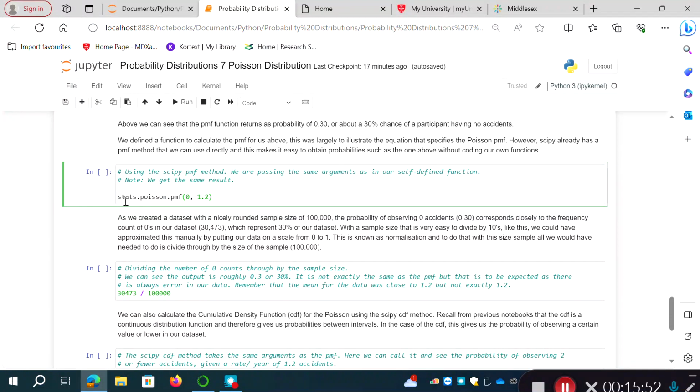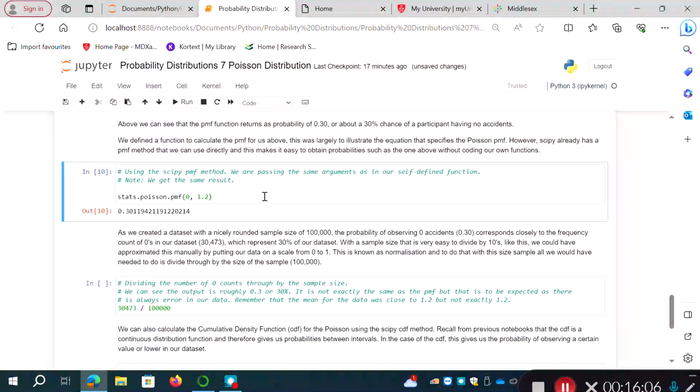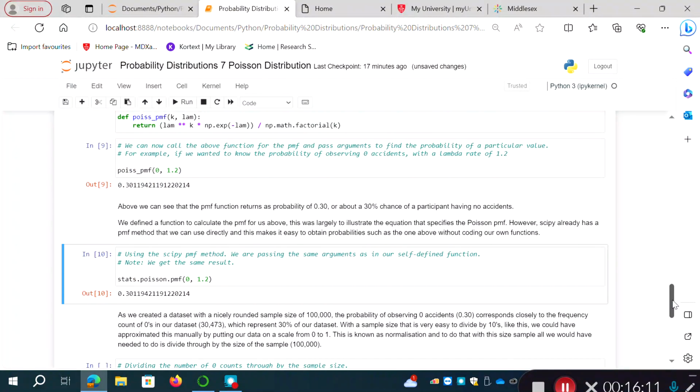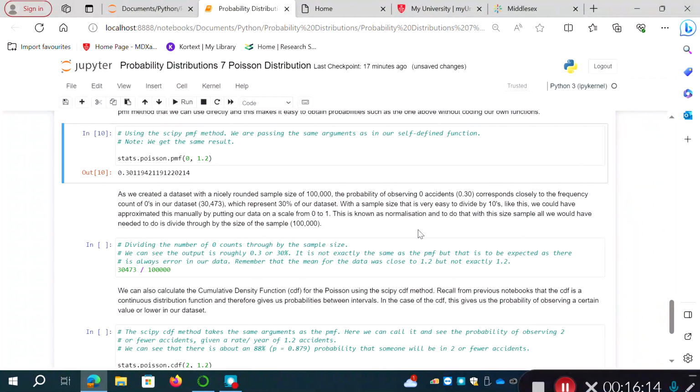So let's do that. Let's use the stats.poisson.pmf method, passing the same arguments that we used above. So we want 0 accidents when we've got a mean rate of 1.2 accidents per year, and what we find is we've got 0.30. So we're getting the same value as we got above using our own function. So that's working. That self-defined function is a nice check that it's working properly. But obviously much easier to use this from SciPy stats rather than creating your own